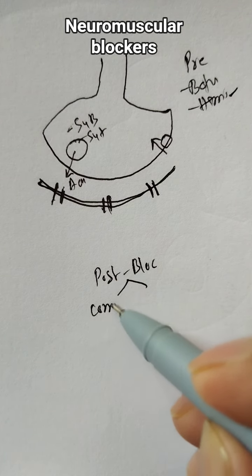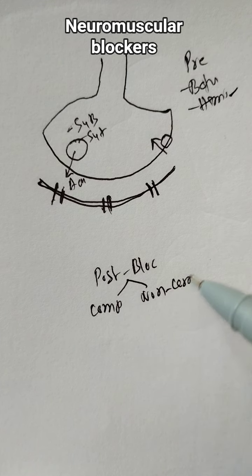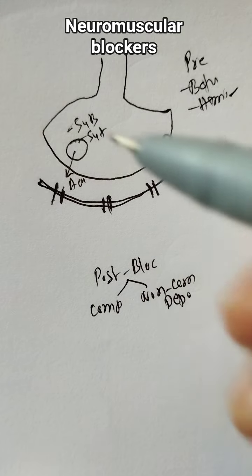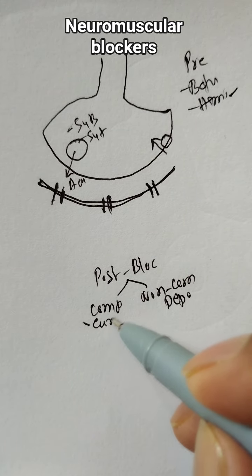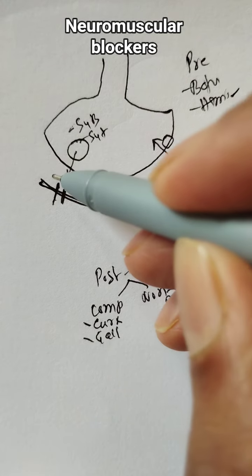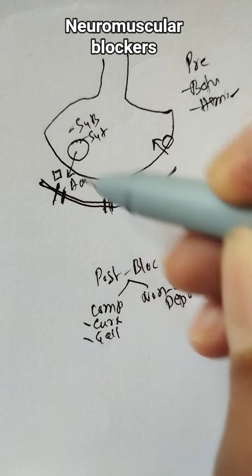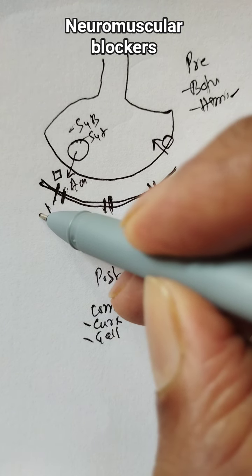Postsynaptic blockers are classified into competitive blockers and non-competitive blockers. The non-competitive ones are also called depolarizing blockers. The competitive blockers are curare and gallamine. These are the substances which compete with acetylcholine for receptor binding, and thus they block the